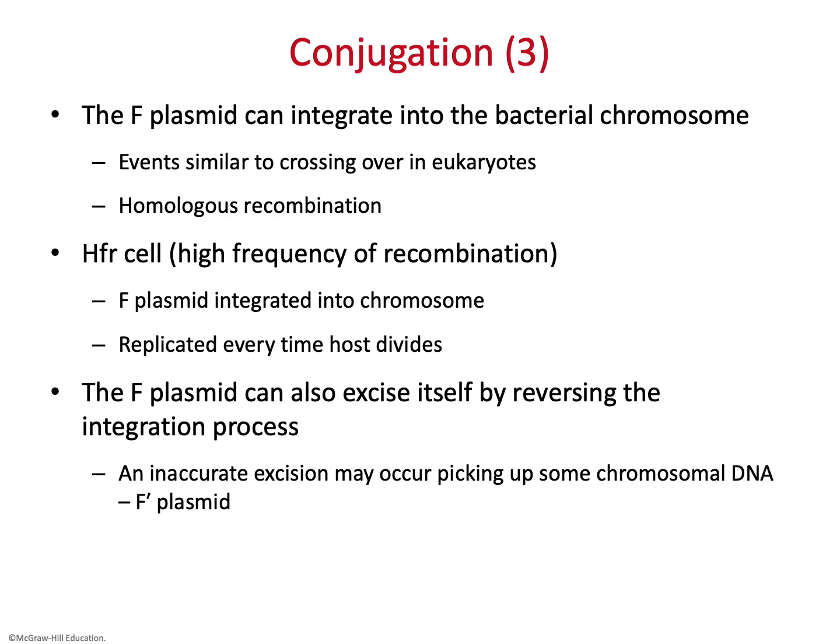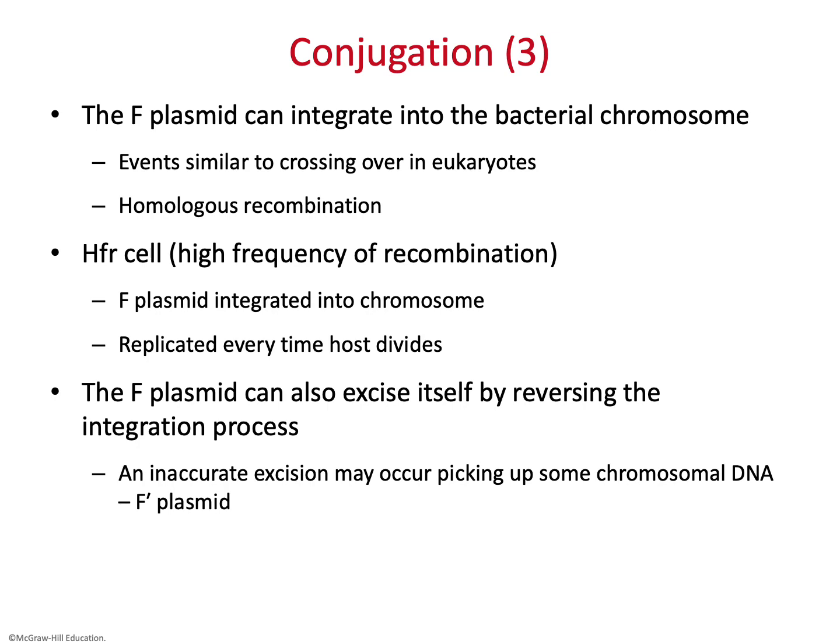it can carry some of the bacterial chromosomal DNA with it when it excises itself. There is a process that helps the integrated F plasmid excise itself from the chromosome, and sometimes inaccurate excision can happen that allows the F plasmid to pick up some of the chromosomal DNA, and then it is called an F prime plasmid, because it now has some chromosomal DNA. Now you can understand how bacterial genetic diversity happens, because they are mixing even though they don't have sexual reproduction. Through this horizontal gene transfer, they mix genetic material